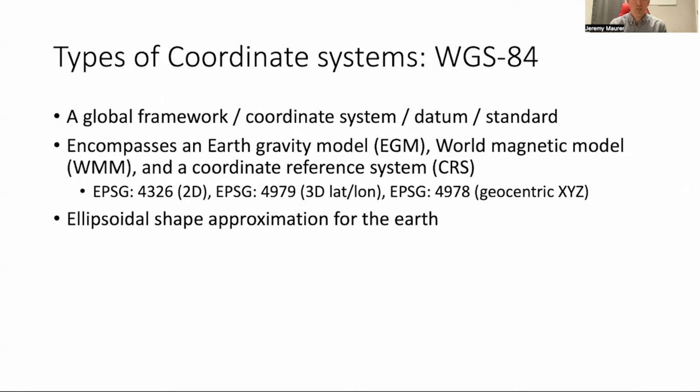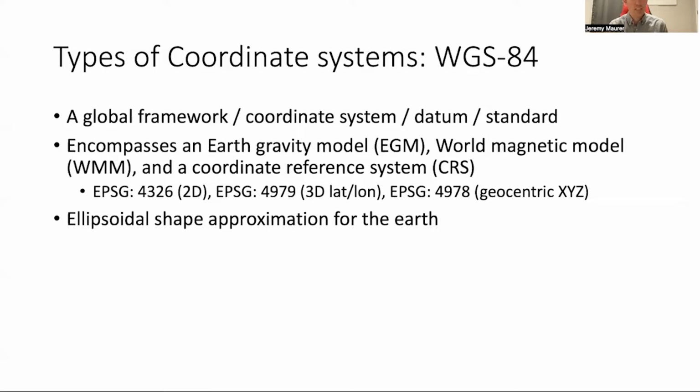This is the latitude and longitude system, where we have an Earth gravity model, a world magnetic model, and a coordinate reference system, the CRS, which is EPSG 4326 for two-dimensional latitudes and longitudes, and it's an ellipsoidal shape approximation for the Earth. So WGS 84 is a whole system which works together and is self-consistent. Before I go on, let me just say, if you're using latitudes and longitudes, you're using WGS 84 most likely. If you're using three-dimensional latitudes and longitudes,